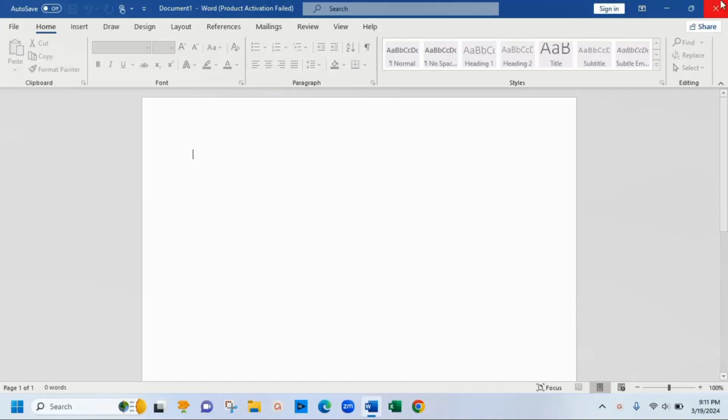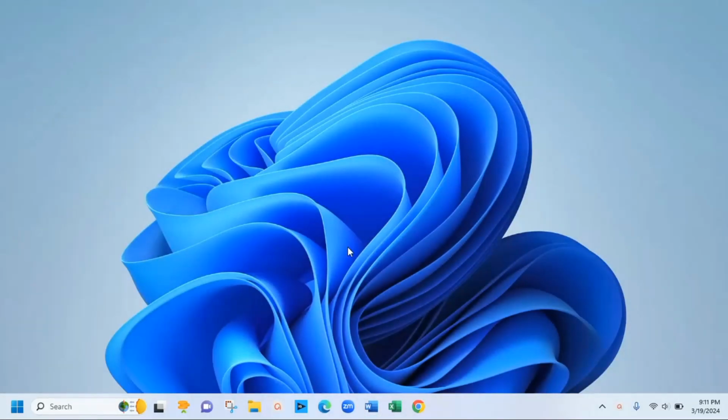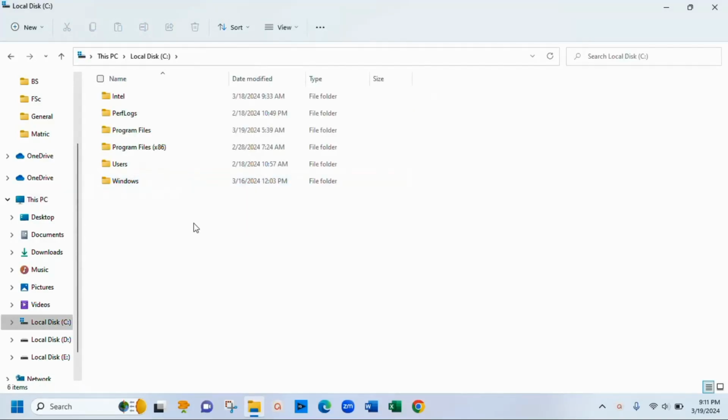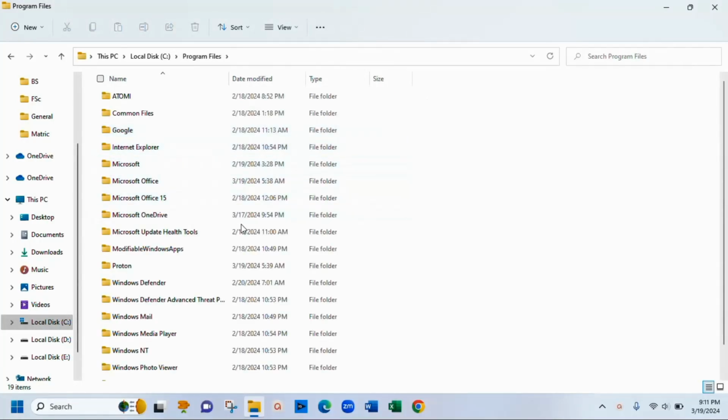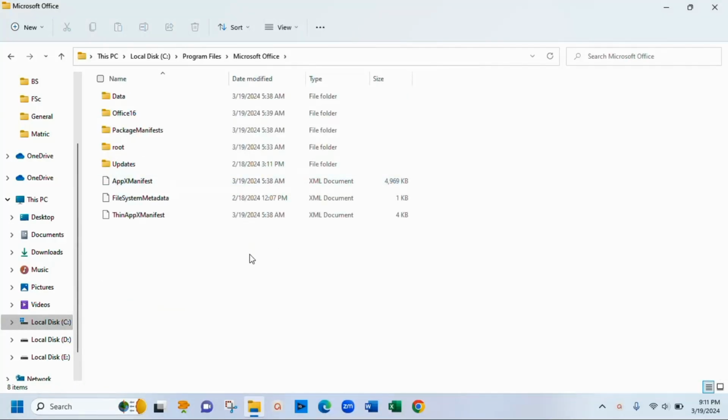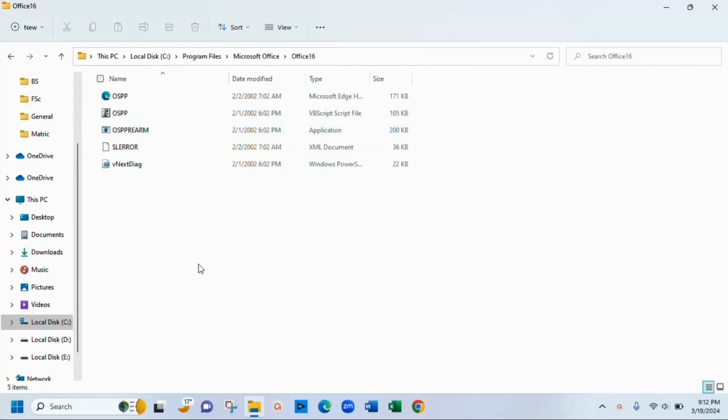Close your Microsoft Word, then bring up your File Explorer. Then navigate to Local Disk C. Here look for Program Files and then open Microsoft Office. Now open Office 16 and inside Office 16 right click on